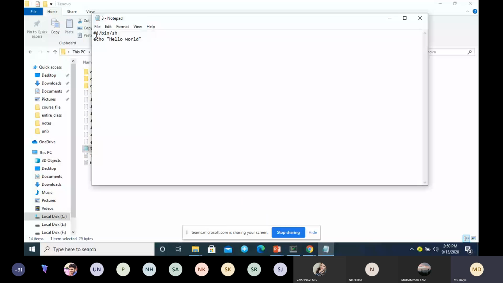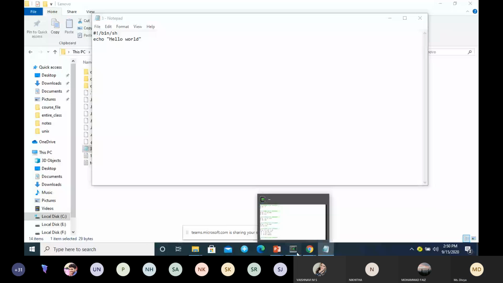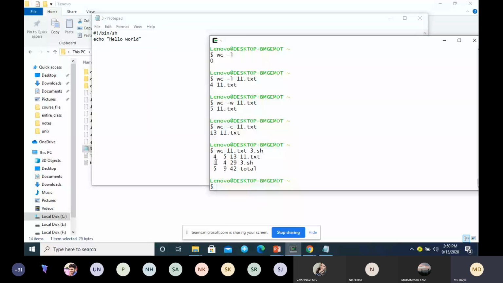Then the number of words, the number of characters, and the file name. At the end it will display the total. If you give multiple files as input, it will display the total number of lines, words and characters. So that is about the WC command.